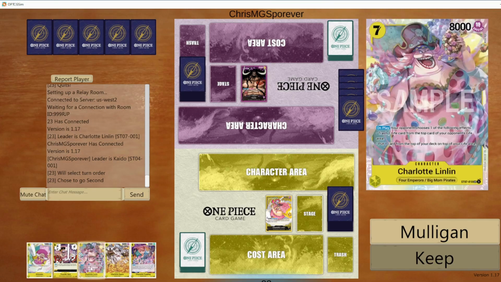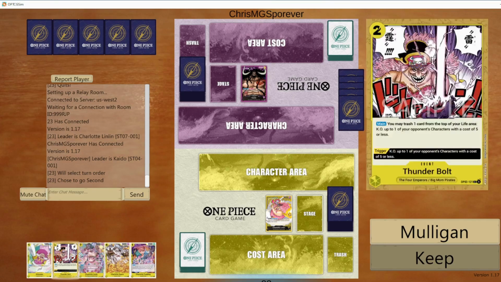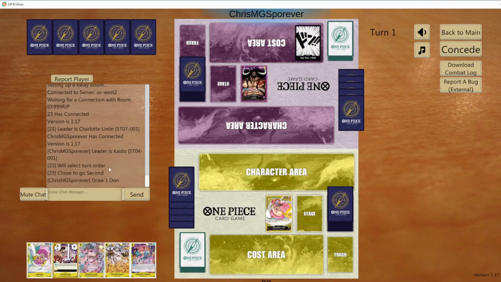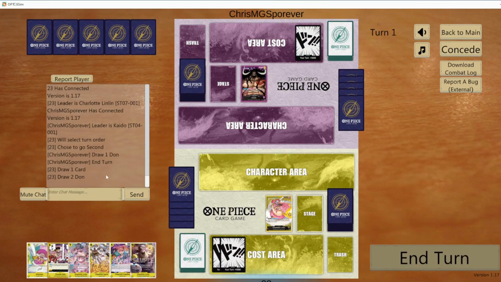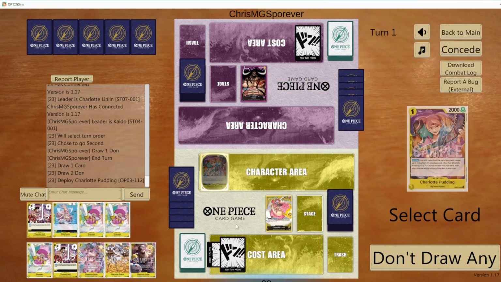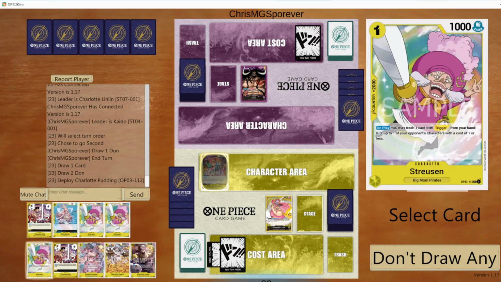I think, you know, Mulligan can probably give us a worse hand. This one's a playable hand, so let's not take that risk. If you guys like risking that, you know, by all means, but I like it. Oh, and we got our 10 costs, so not too shabby. Alright, so